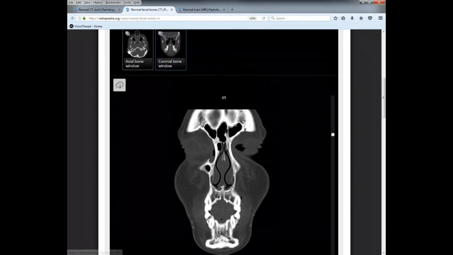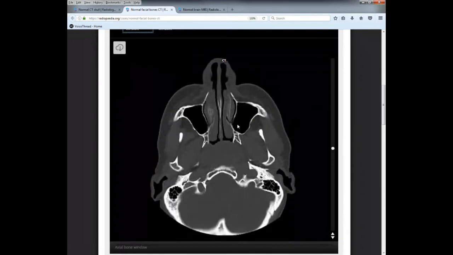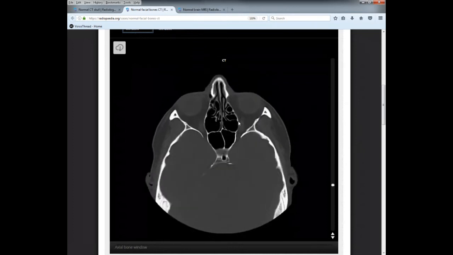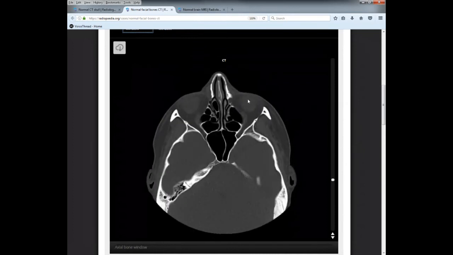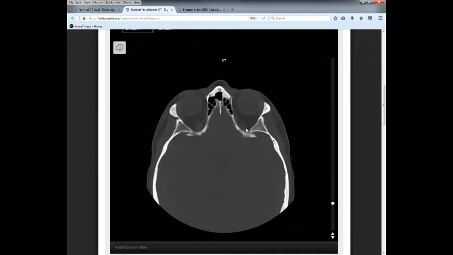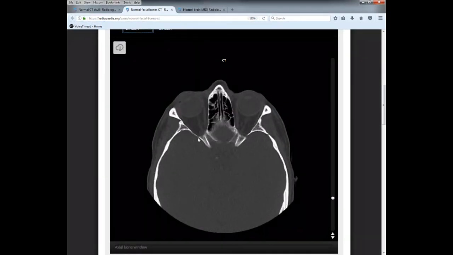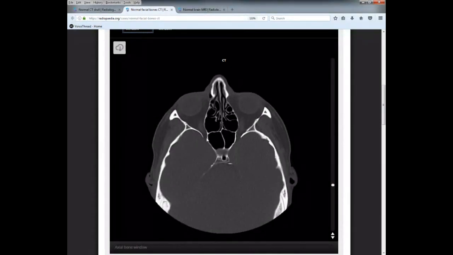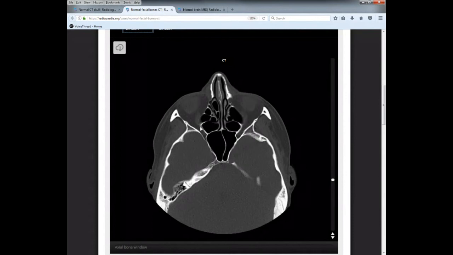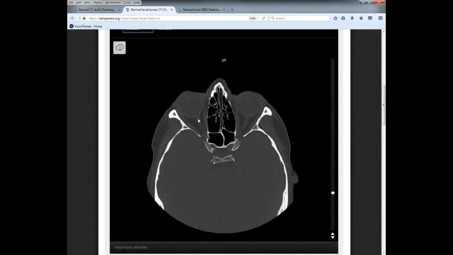And then I want to switch over to the axial and just show you the orbit from an axial view. Okay, so here's the orbits in this axial view. Here's the posterior portion of the orbital wall of the orbit, and here's your eyeball in there. But see this meaty guy right in the center here coming down? That's your optic nerve. Okay, so when we start going over brain and we start talking about the optic nerve